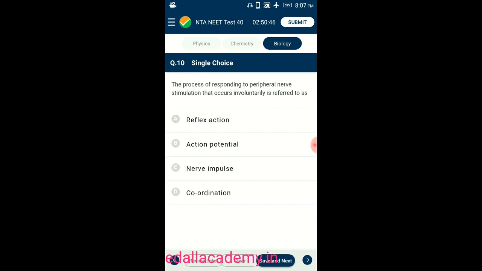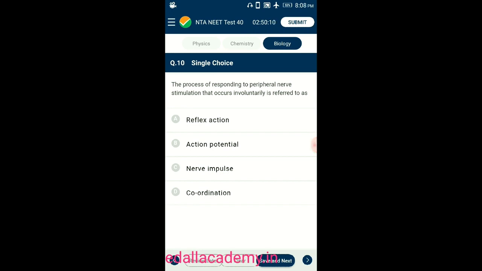Question number 10. The process of responding to peripheral nerve stimulation that occurs involuntarily is referred to as. A reflex is defined as an involuntary, unlearned, repeatable, automatic reaction to a specific stimulus which does not require input